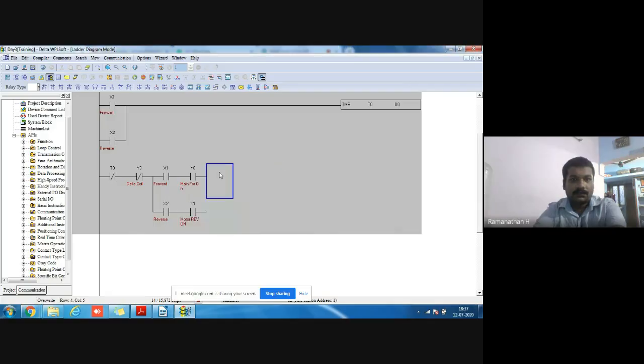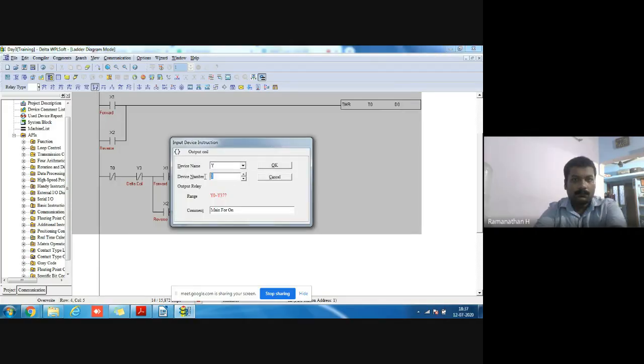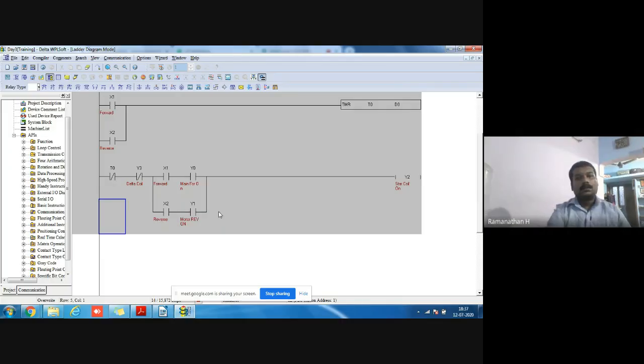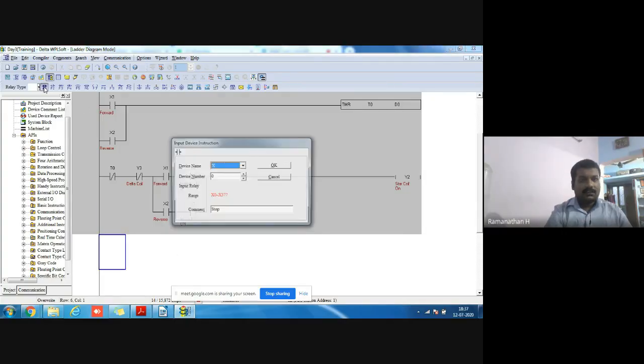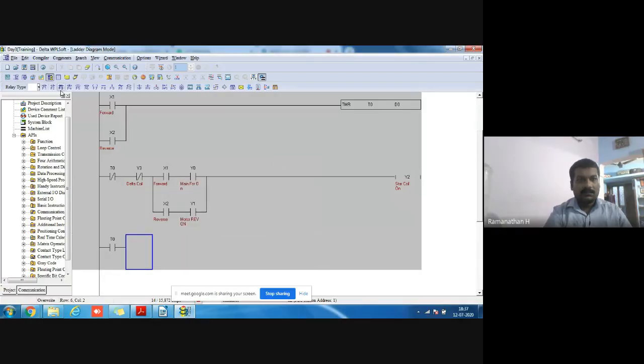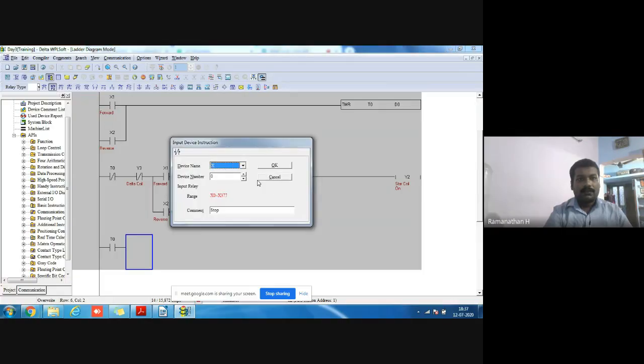Main motor reverse on, star coil on. Okay, this is the condition of star. Then we go for delta. What is the delta condition? When the timer is on, the star will be off.